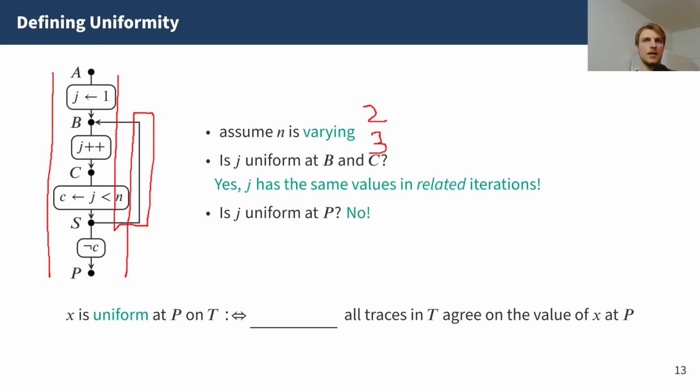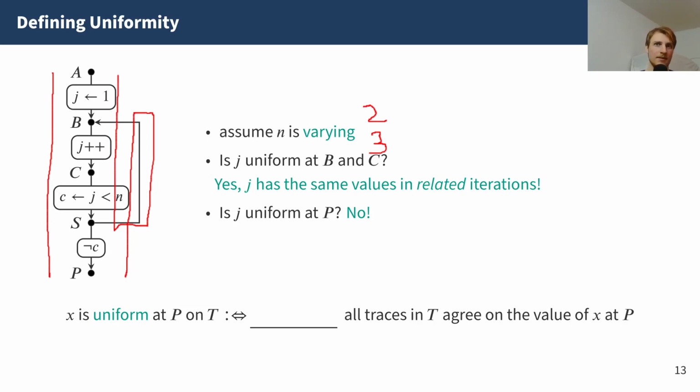In the first iteration, j is increased on both traces, so there's no divergence yet. At S, now the traces diverge. The first trace, so the left one, exits the loop, while the other one takes the back edge and does another iteration. So in this second iteration of the right trace, there's actually no point in the left trace to compare the value against.